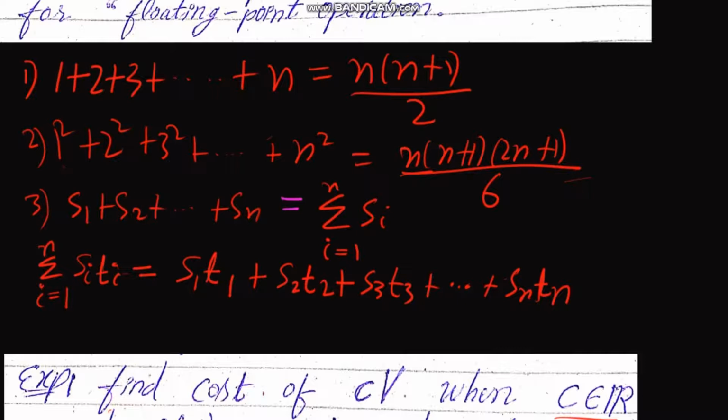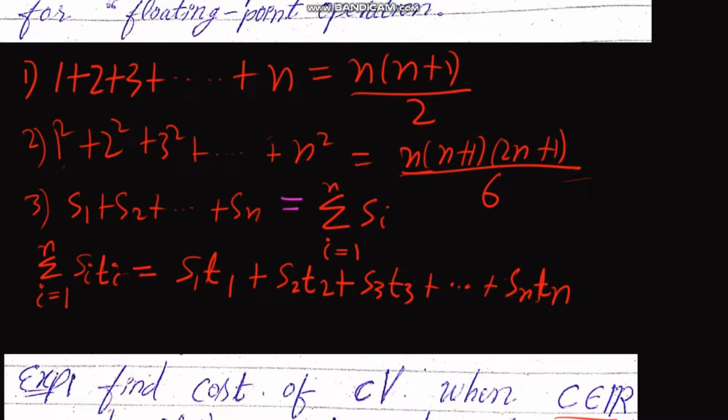For example, if we have s1 t1, s2 t2, s3 t3, all the way up to sn tn, we can rewrite this in summation form easily as the sum of si ti, right? And a summation, because all have this same index. Here, for example, these two have 1 1, then again they have 2 2, again they have 3 3. So we can use only one index here for the dummy variable. So it starts from i equals 1 to n, right? So these are the important results that you should know before going further, right?